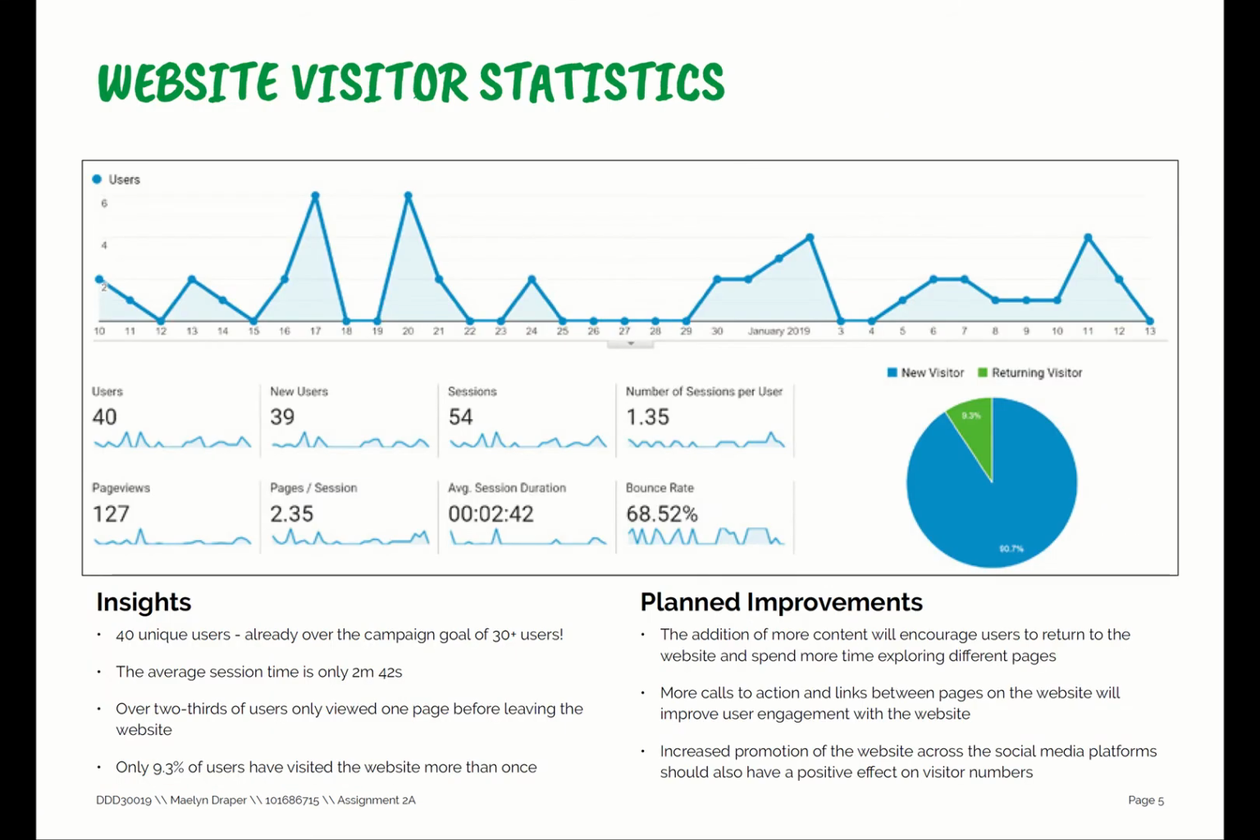So the web stats that I've gotten from Google Analytics so far, this user data that you're looking at, has been since the launch of the campaign, so since mid-December. So far I've had 40 unique users to my website over a total of 54 sessions, and this doesn't include my IP address. I remembered to exclude that at the start. I've got a bounce rate of